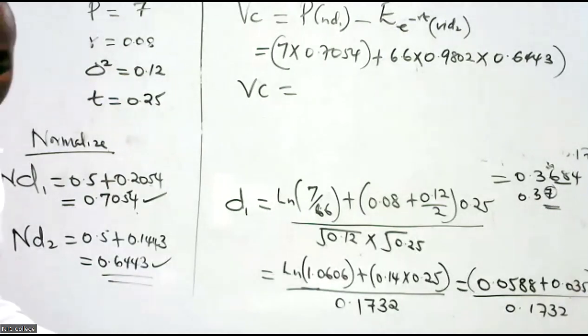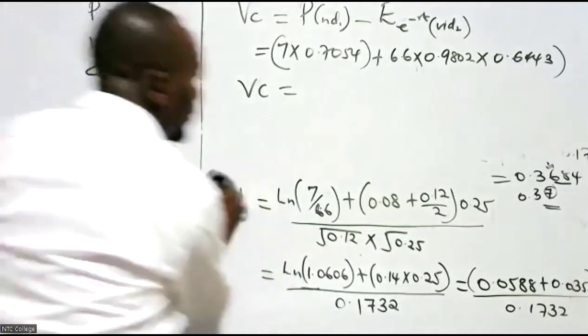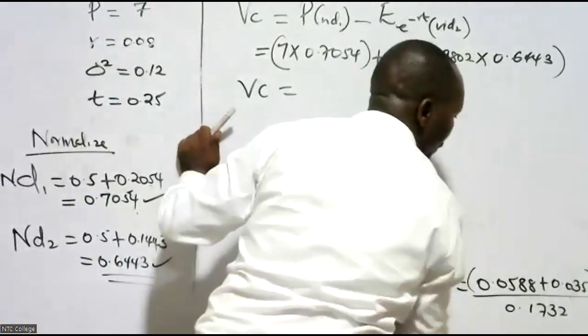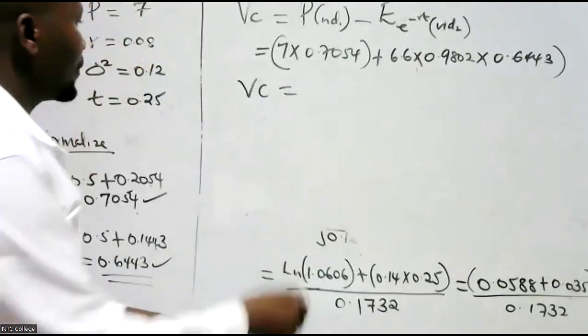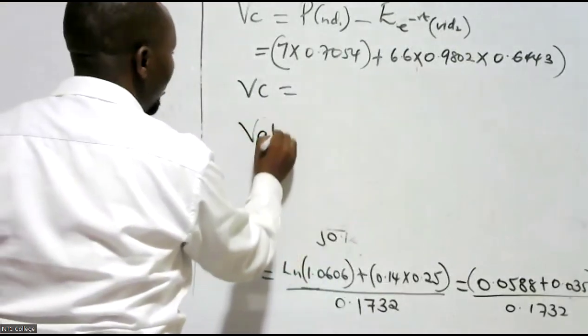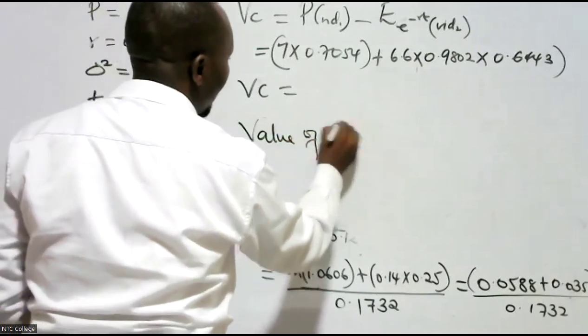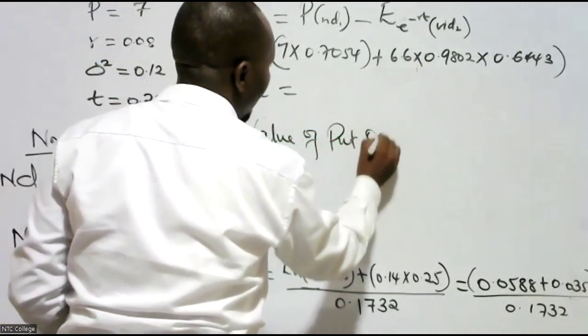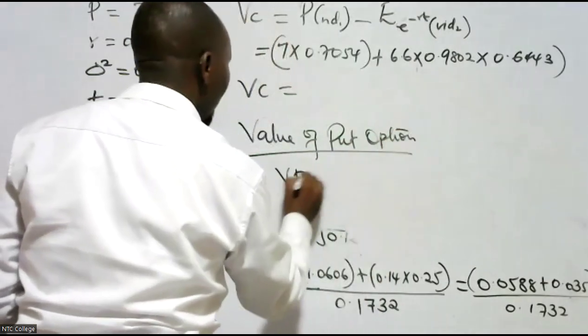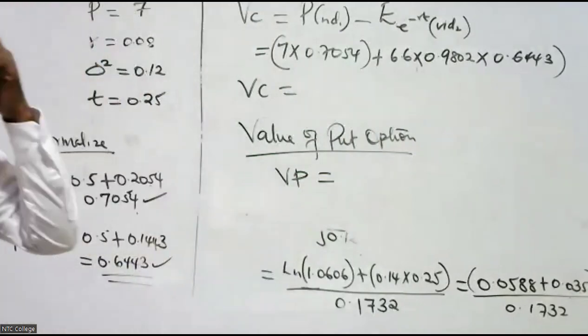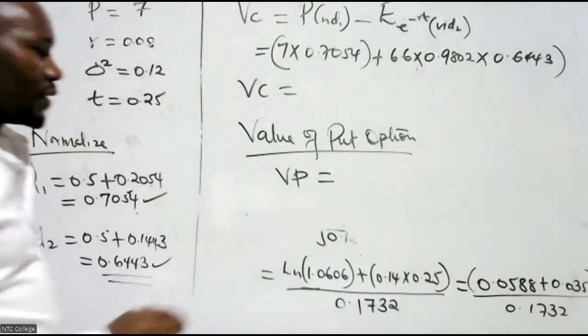Once you've gotten that, you can now get the value of put option. From the formula I gave you, what is the value of put option? Value of put option, which we call VP, is equal to VC